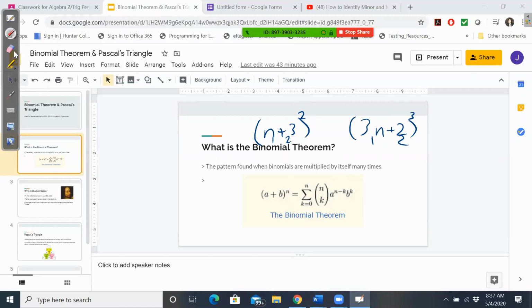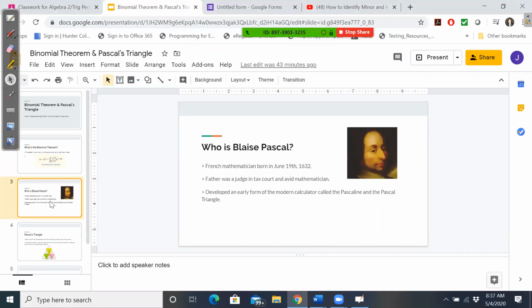Now, we've looked at those patterns on Friday. There were 3 types of them. But now we're going to see how these patterns were developed. Okay. So in order to help us understand binomial theorem, we're going to look at Pascal. So Blaise Pascal, he's the guy who developed the Pascal triangle, and he also developed an early form of